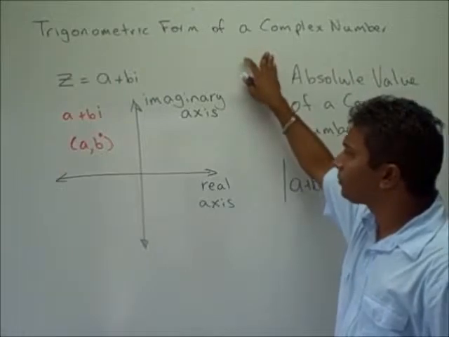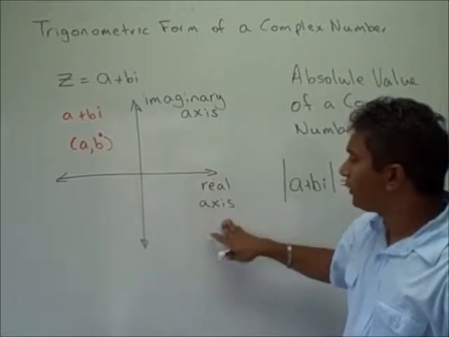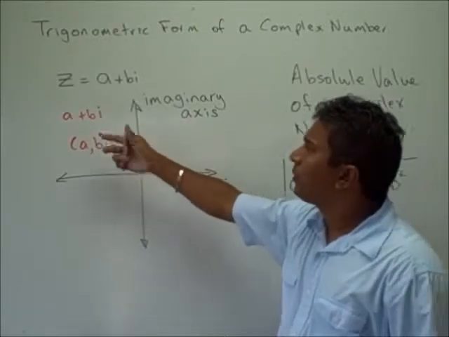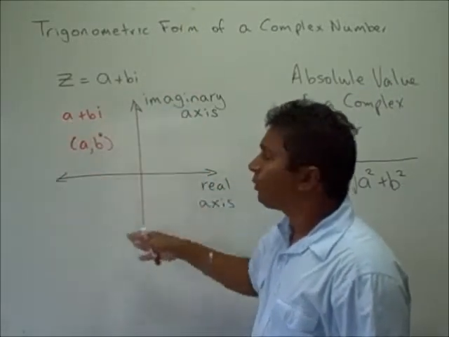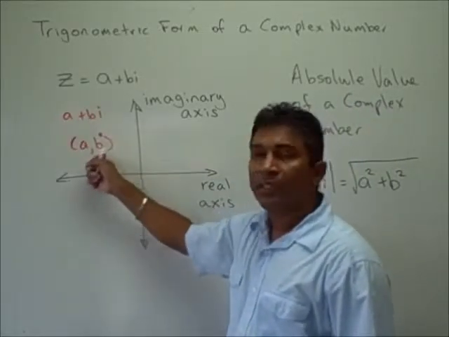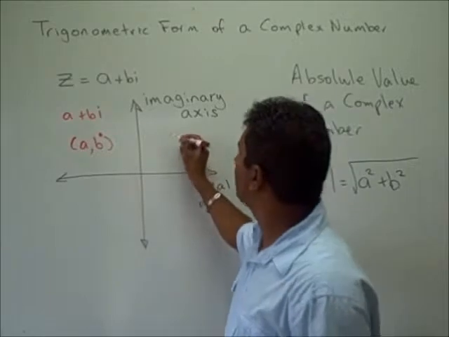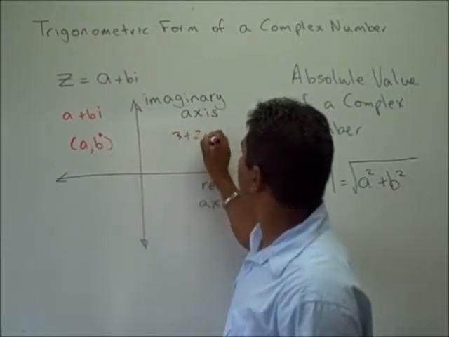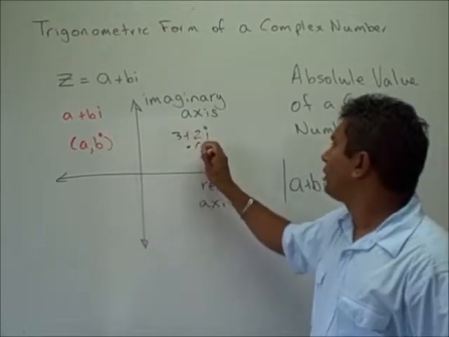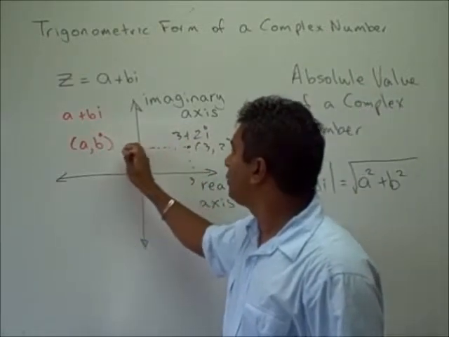on a complex plane. On our complex plane, the equivalent of our x-axis is the real axis, and the equivalent of our y-axis is the imaginary axis. So a number in the form a plus bi can be represented here, with a being our first coordinate on the real axis, and b being the second coordinate on the imaginary axis. For example, if we have a complex number such as 3 plus 2i, this could be a point here with coordinates (3, 2), where 3 is the value on the real axis and 2 is the value on the